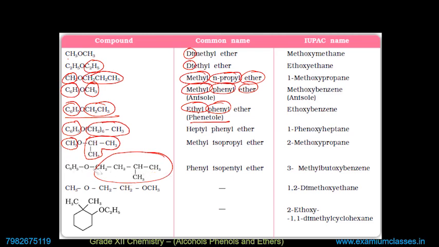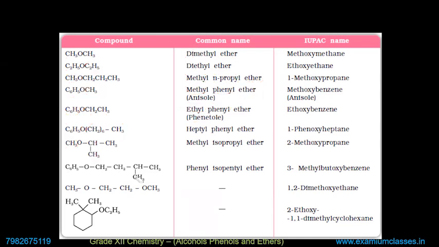Now there are a few compounds which will not have common names, only IUPAC names. If I consider IUPAC names, they will have the alkane main chain at the end. So the main chain will be of the larger alkane. If both are the same, then any. In this case, both are the same, so it means it is methane. So you will say methoxymethane,